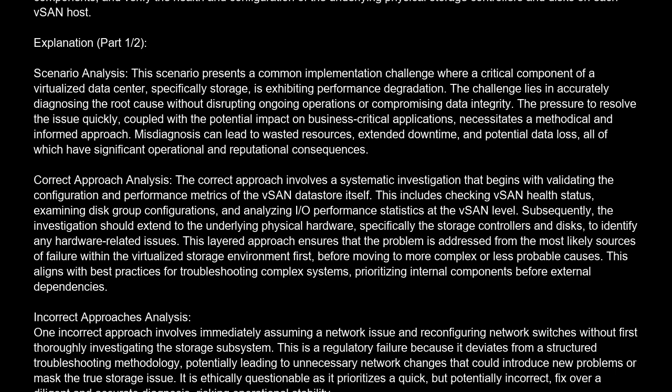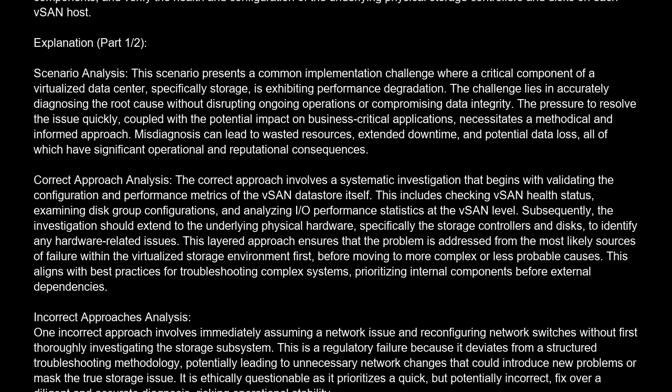The correct approach involves a systematic investigation that begins with validating the configuration and performance metrics of the vSAN data store itself. This includes checking vSAN health status, examining disk group configurations, and analyzing I/O performance statistics at the vSAN level. Subsequently, the investigation should extend to the underlying physical hardware, specifically the storage controllers and disks, to identify any